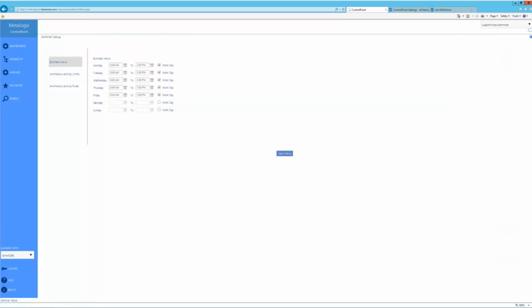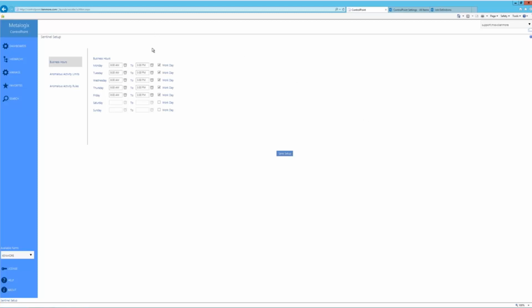There are three main tabs here. You'll want to make sure they all have some sort of setup to them when you initially set the Sentinel process up. Our first one is defining what normal business hours are for a user. Obviously, if a user is looking at 300, 400 SharePoint pages over the course of a Tuesday workday, that could be pretty normal for a lot of users that might use SharePoint for their day-to-day jobs. But if they're doing that at midnight on a Saturday, well, that might mean something that's a little bit more dangerous or something that you might just have to be aware of if users are accessing SharePoint content outside of